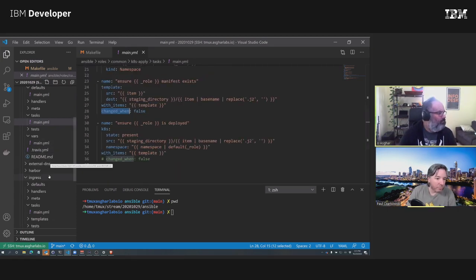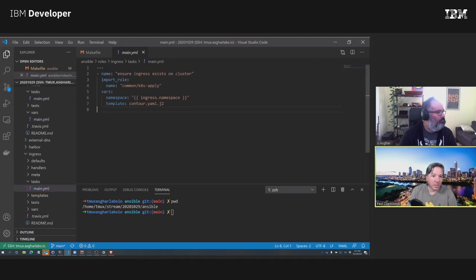Nice. And so if we flip back to my ingress, you can see I pass in template contour. One of the useful and also painful parts about Ansible is you can kind of fudge between strings and arrays and lists. Because I'm actually using template as a list in the common role, you might expect it to be fudge.j2, whatever, and that would allow me to iterate through it. But if you just pass it a string, Ansible is smart enough to go, okay, well, it's a list of size 1.